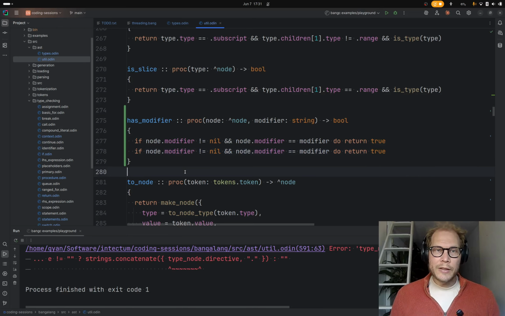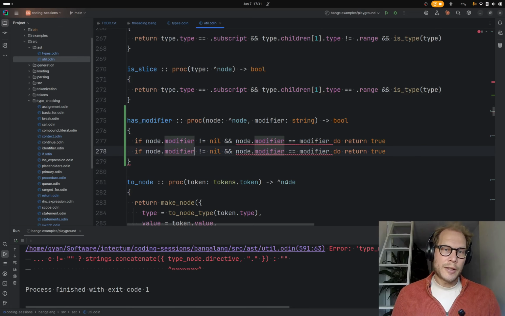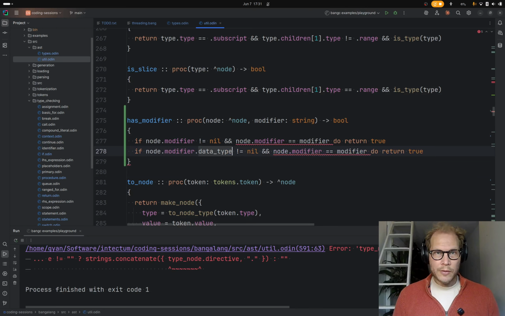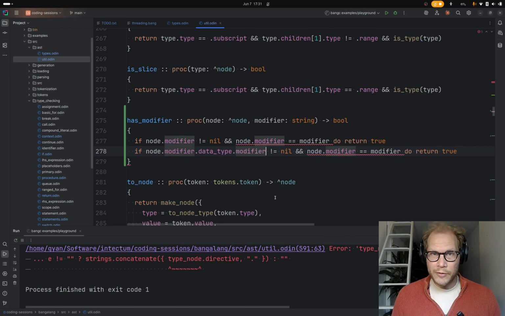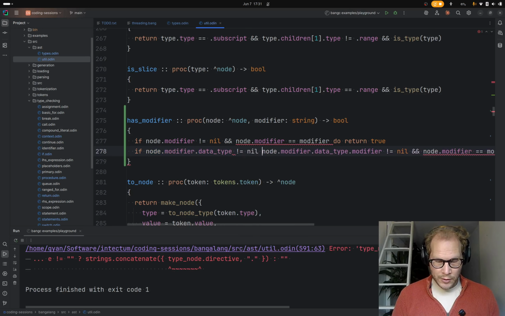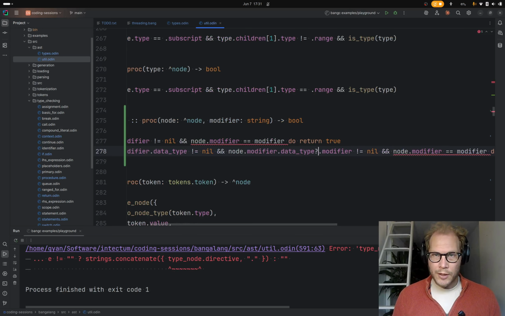Then the next thing is we want to check the data type. The modifier of the data type, if there is a data type. I'm thinking about having a null coalesce, I don't know if that's what this is called, but this kind of thing, which is in TypeScript and I think C# or these kind of languages.